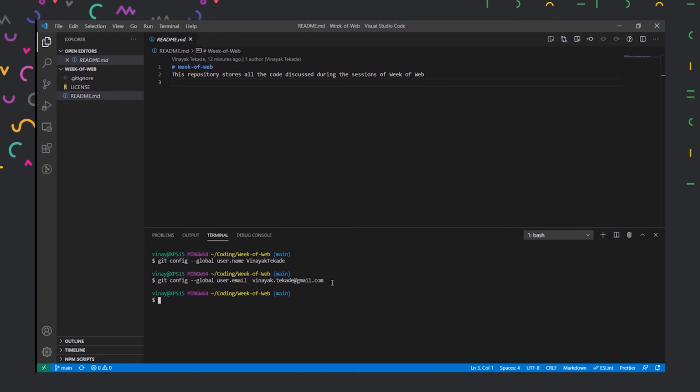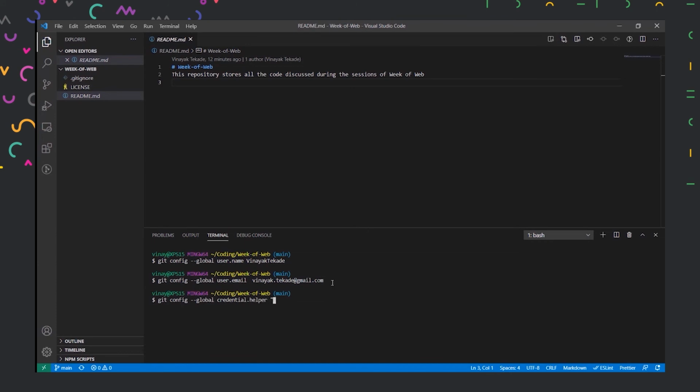Let's say I keep 10 days, and someone else accesses my computer after 10 days, he won't be able to use it. But 10 days is a very big time, so I'll keep it for 10 hours instead. So I can put git config. This also is stored as a configuration, then global, and then we have credential.helper.